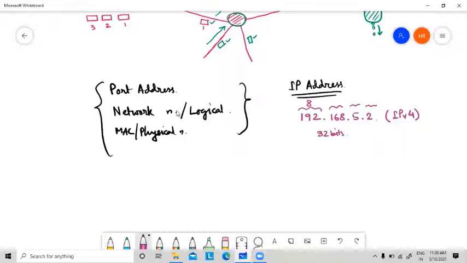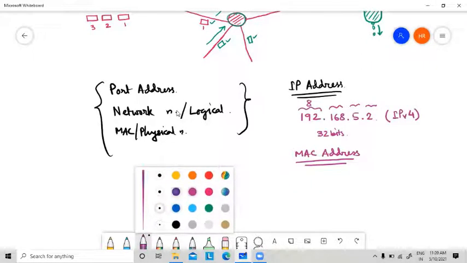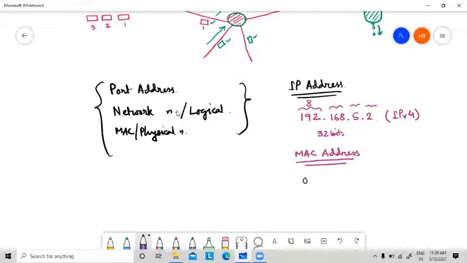32 bits. And there is another interesting address, which is called the MAC address or physical address. The syntax of the MAC address is like this: 0A colon EB colon 3B colon 6A colon, and so on.